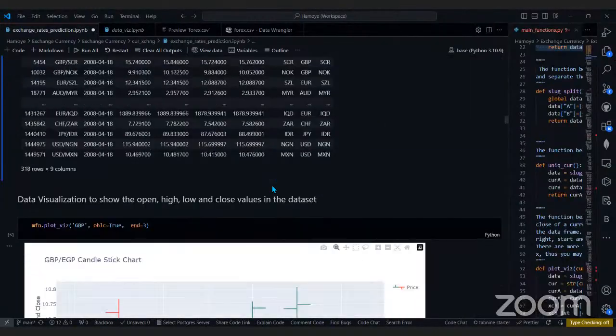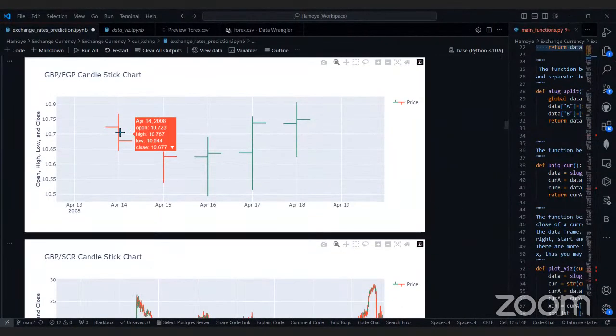So yeah, the low is actually the lowest it went to as of that day, 10.644. Then at the end of the day, it closed at 10.677. That is this one that is going out. Now, it is actually red because it closed at a price that was lower than when it came in. Why is this one green? Because it opened at 10.624 and closed at 10.637, which is higher than the opening price. That is why it's green.